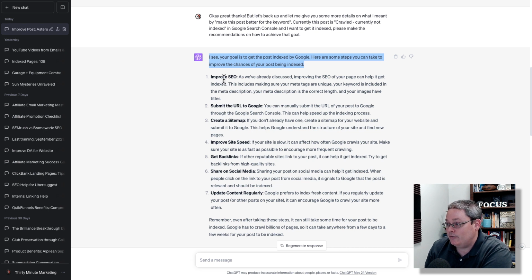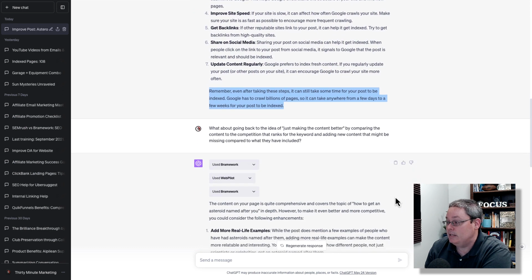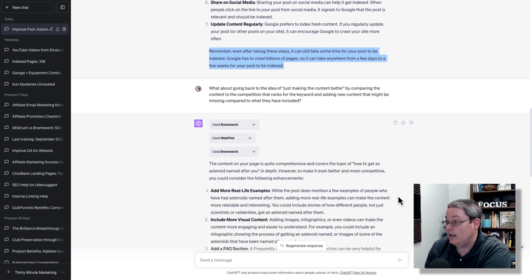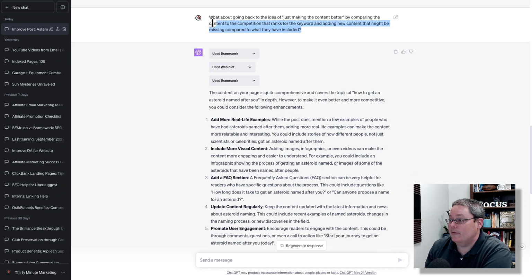And you can see each one of these: improve SEO, submit the URL to Google, create a sitemap, improve site speed, get backlinks, share on social media, update content regularly. Remember, even after taking these steps, it can take some time for your post to be indexed. Google has to crawl billions of pages, so it can take anywhere from a few days to a few weeks for your post to be indexed. 1000% agree with everything it said there,